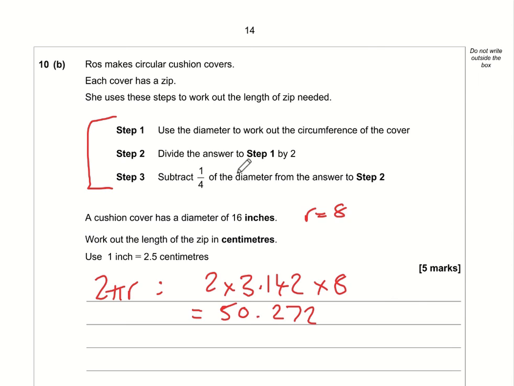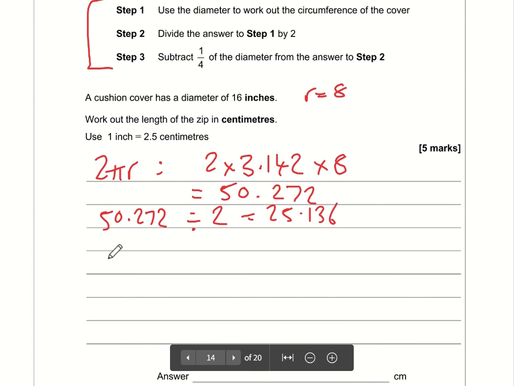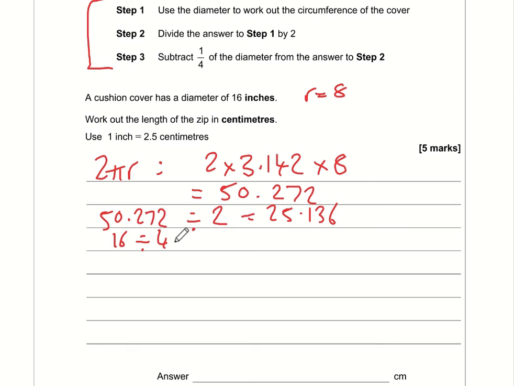Step 2, divide the answer from step 1 by 2, so 50.272 divided by 2 is 25.136, and now we need to subtract 1/4 of the diameter from that answer. So the diameter is 16, 16 divided by 4 is 4, so 25.136 take away 4 is